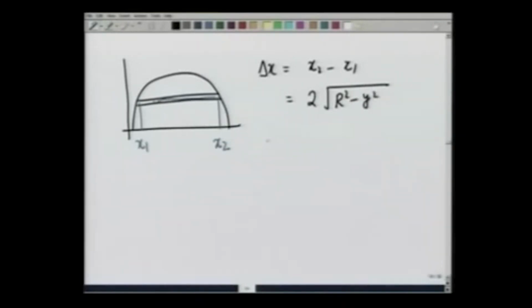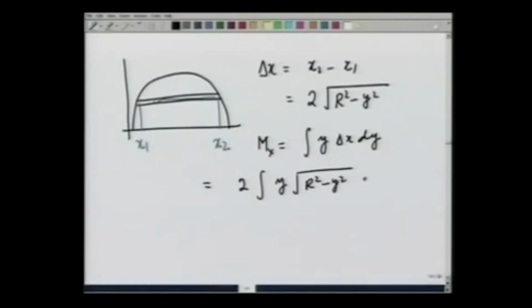Remember, we are after mx, which is equal to integration y delta x dy, which in this case is therefore going to be 2 integration y square root of r square minus y square dy, y varying from 0 to r. Let us take y equals r cosine theta,